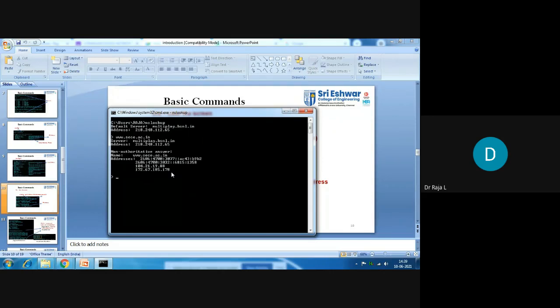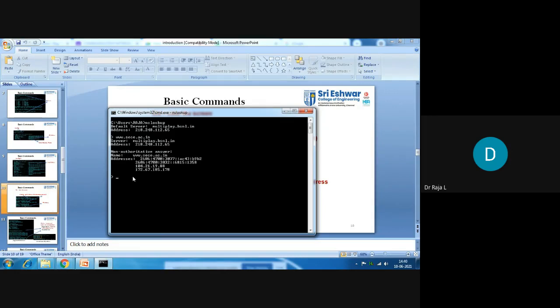If you want to trace the route, to see how I am reaching the college website, there will be intermediate devices available. By using the intermediate gateways, you will be reaching it. We come to know what those intermediate gateways are by using the next command. Do you have any problem with this command? You can see when I type sece.ac.in, you get the IP address of the college website, and the two IP addresses are available. So we can get that IP address and check it.